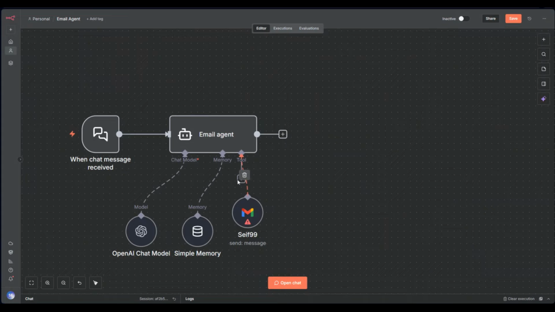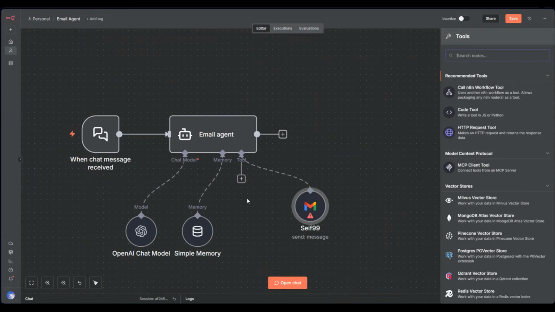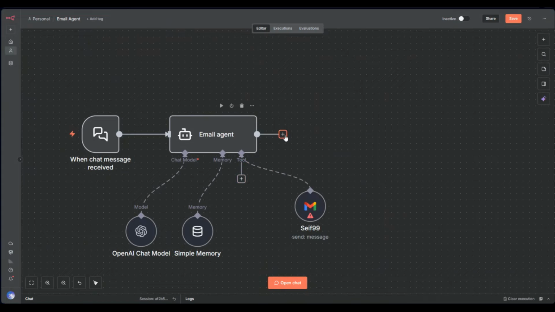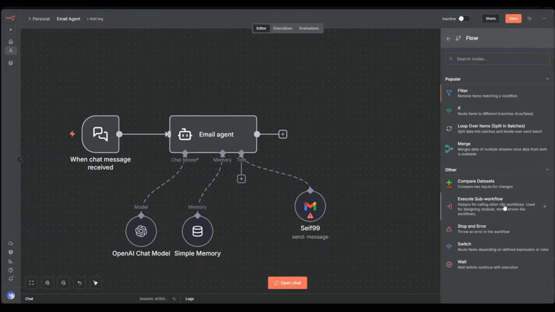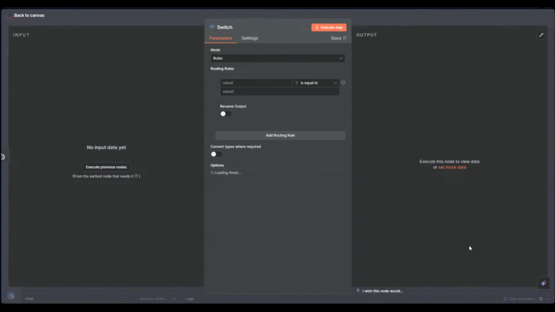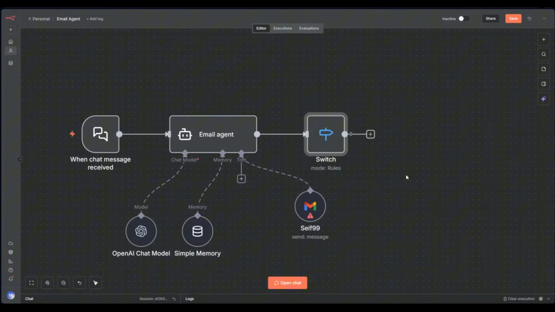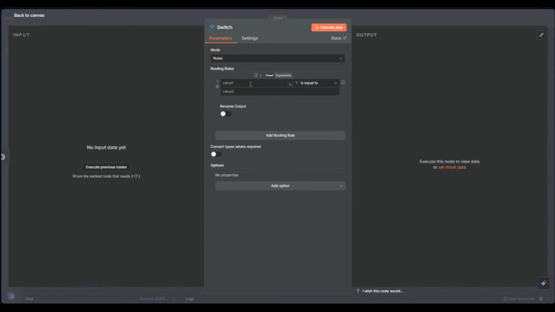Okay, it's working the same as this one. Other than it being a tool, it will just be a node. And yes, we have the switch. The switch also is very important. Sometimes you have text or audio or image and you have different branches, and you want to switch depending on the input itself or the output that you got. So you have to use the switch, and in the switch you have the rules here, like if text, for example, let's see,